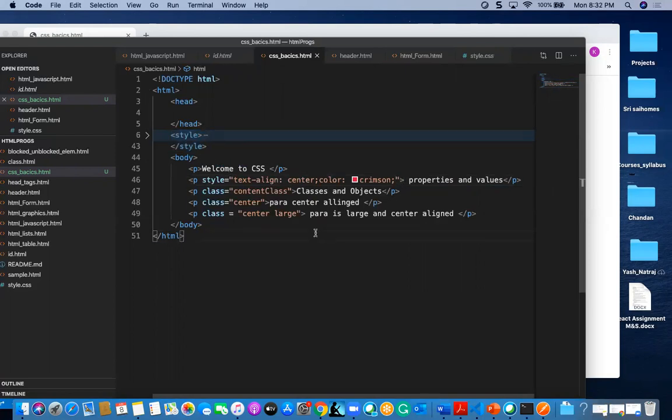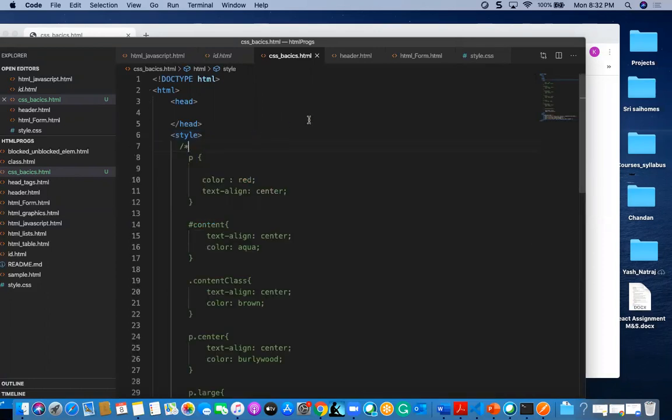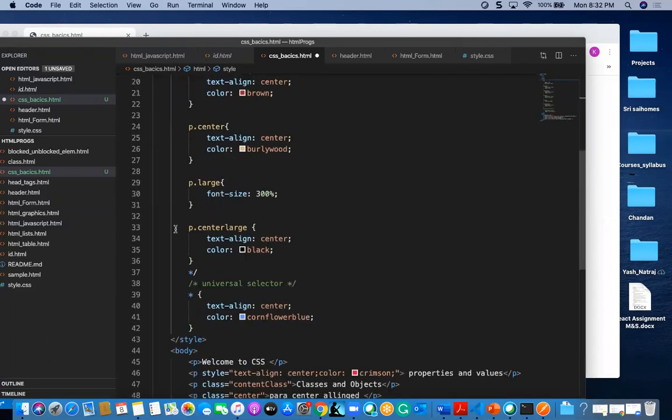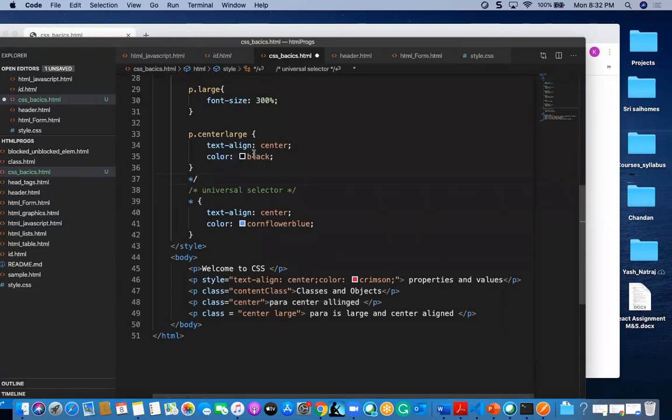Okay, these are the two differences actually, and those are the ways of styling. To comment in CSS, we can comment with slash star and star slash, and we can comment multiple lines.